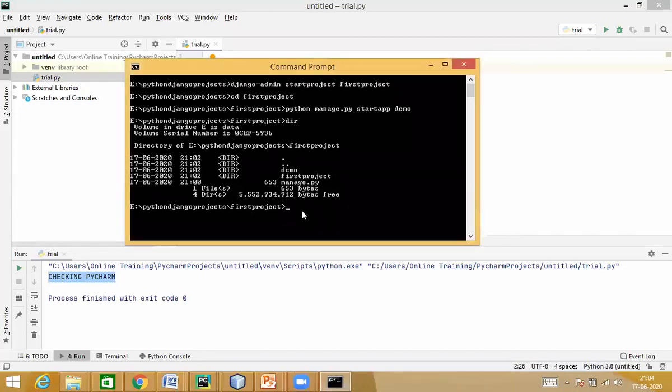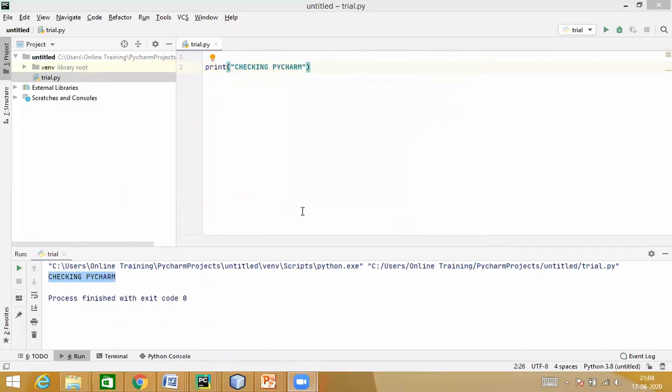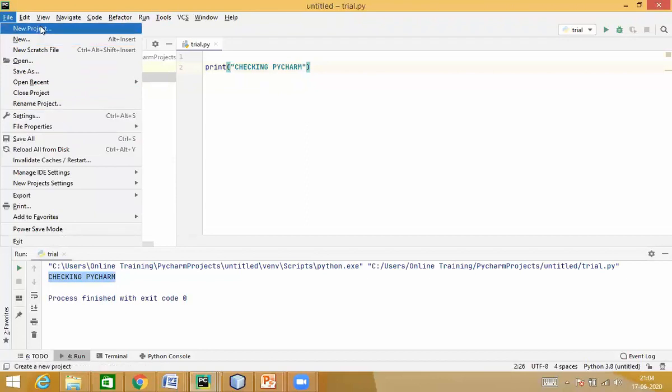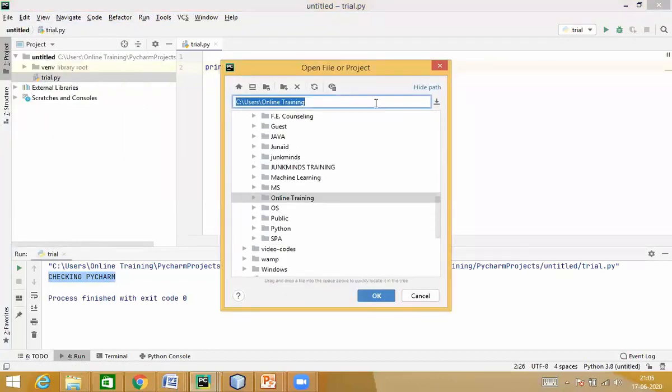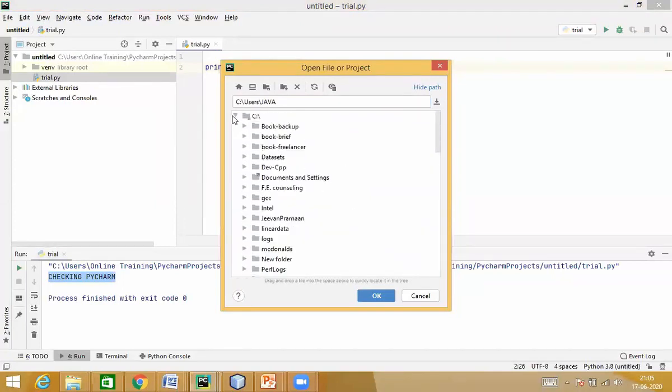Okay, so we are now done setting up this particular project. I'm done with the command prompt. I'll type exit, enter. My command prompt is now gone. I don't need it. Now, for designing this particular application, I'm going to open the folder that we just created from PyCharm, and then I'll start working. Now, I went to that E drive. In E drive, I created a folder called Python Django projects, and inside that I created this. So now I'll go File, Open. No, I'm not in E drive. I have to go to E drive, sorry. So I'll just close this C drive.